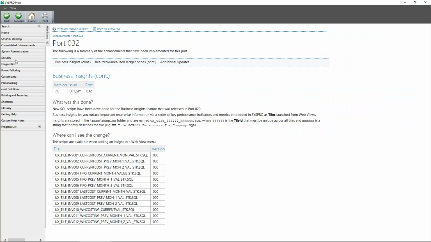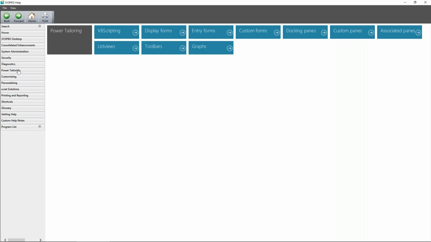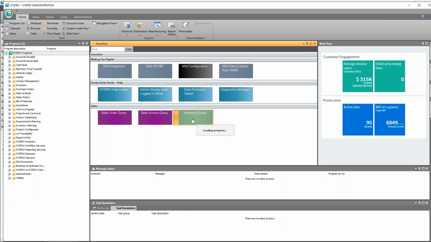On the left-hand side, you may be responsible for running through diagnostics. You may be focusing on customizing the look and feel, making it more easily accessible to your end users. Or you may just want to see more details specifically related to a particular program. Now you could, of course, access that directly from the help, or what I find really useful is if I